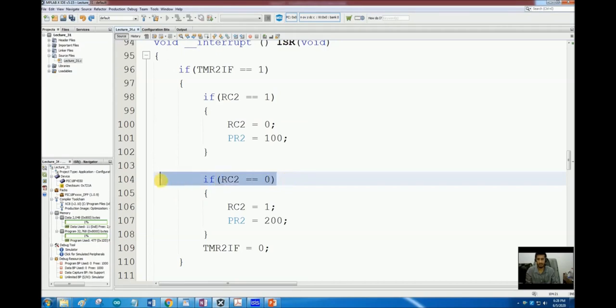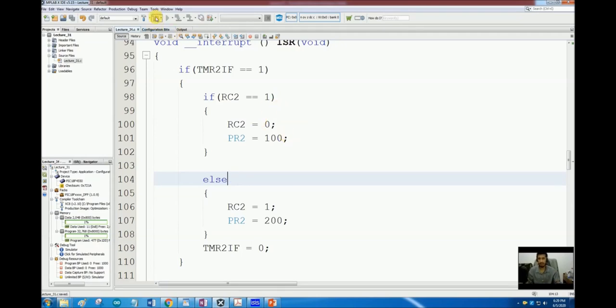These conditions should be dependent conditions, because if RC2 was 1, I am making RC2 equal to 0, and then I am loading PR2, and then I am checking if RC2 is equal to 0, then set it back to 1. So I am just setting it to 0 and I am checking it again at the next line. I don't want to do that. What I want to do is I check if it was 1, well and good. If it was not 1, only then check if it is 0 or not. So this should not have been if. This should have been an else condition.